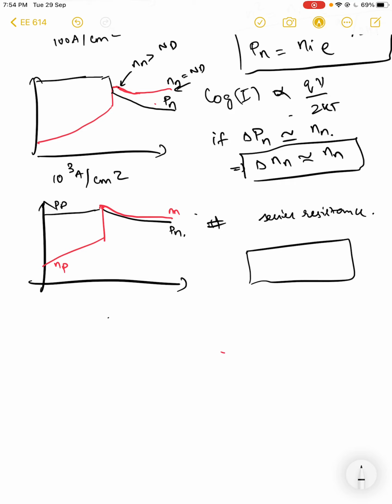You can see it, right? So basically, if I have a junction with three independent resistances, R1, R2, R3, and R1 and R3 are much smaller than R2, basically V1 and V3 are much smaller than V2, right? Most of the potential drops across R2. However, if you have heavy injection, then R1, R2, and R3 are not so largely different. So the entire potential is distributed everywhere, right? So you almost have potentials even in the neutral region, and the potential in the neutral region will cause the bands to bend. So the actual band structure in this heavy injection will turn out to look like this.